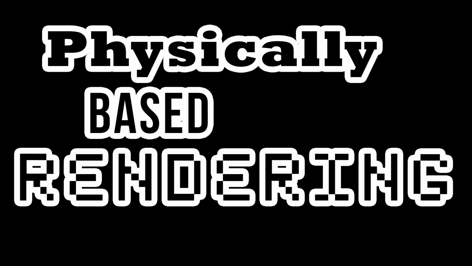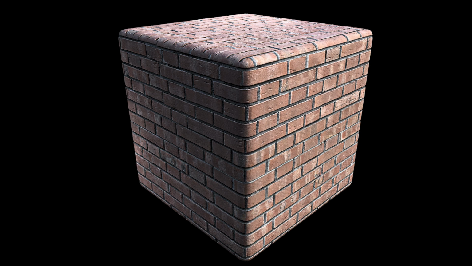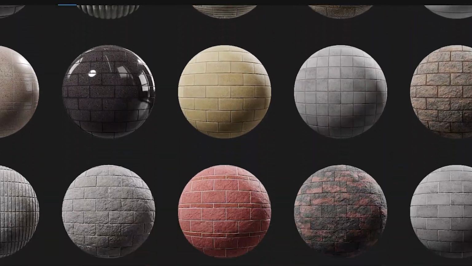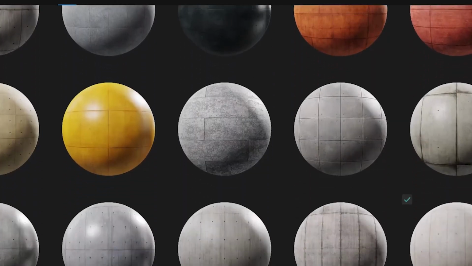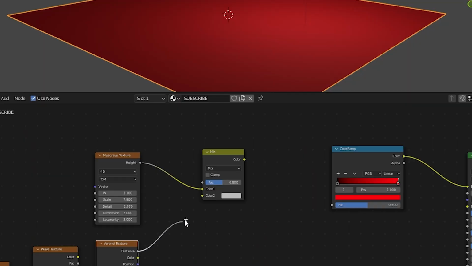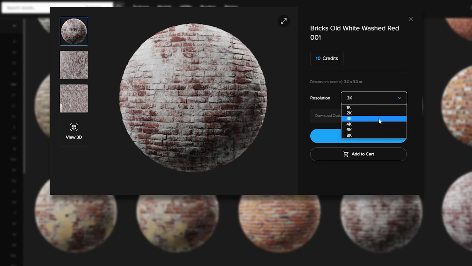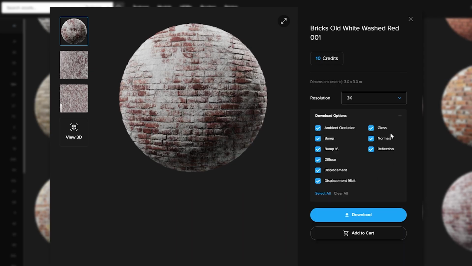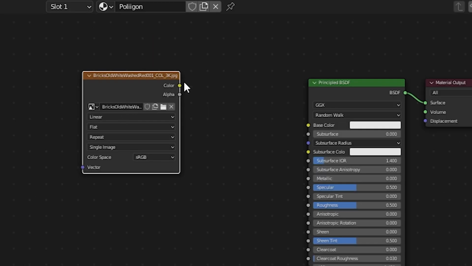The PBR in PBR materials stands for physically based rendering. It's a workflow for using physical information, images, to generate textures. You could make your own PBR textures, but don't, because there are tons of them already out there. PBR textures are generally going to look much more realistic than procedural textures, which are made by combining inputs like we did in part 1. When you obtain a PBR texture, you're going to get a series of images with specific labels. Each image controls a different effect of the material.